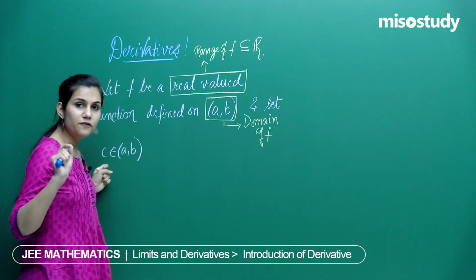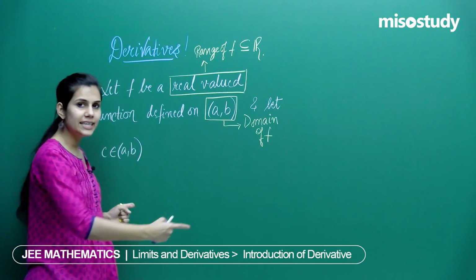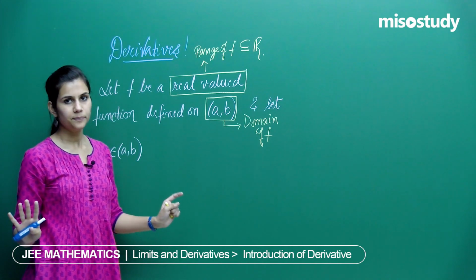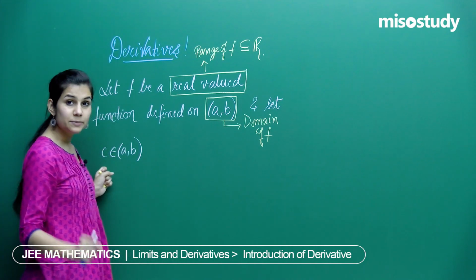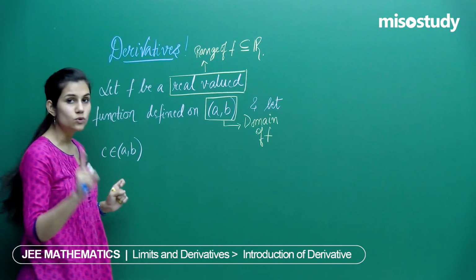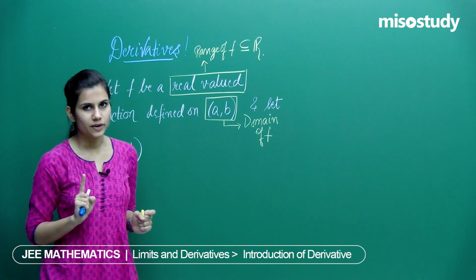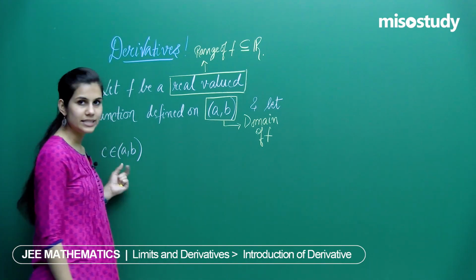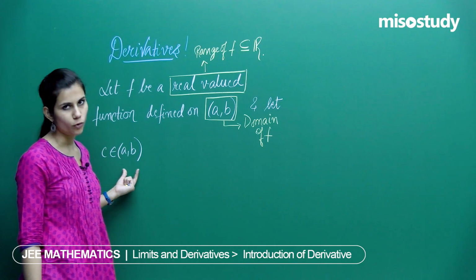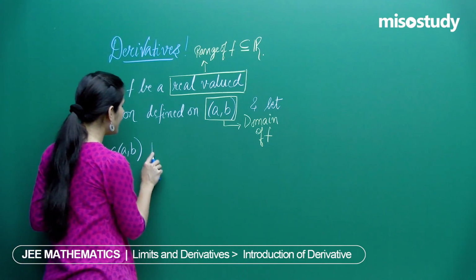So for a specific point in a comma b, which I have denoted by c, f of c is a real number, it is defined. Fine? And let this be some specific point of the domain of f. c is one specific point among all the points for which f is defined. I have chosen one specific point c in the domain of f, the open interval a comma b. So, let c belong to a comma b, then